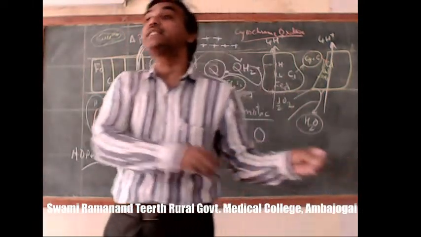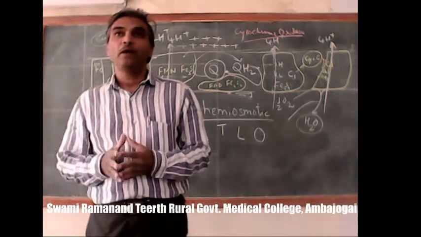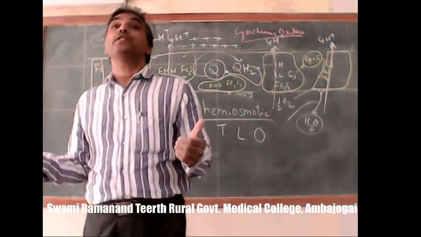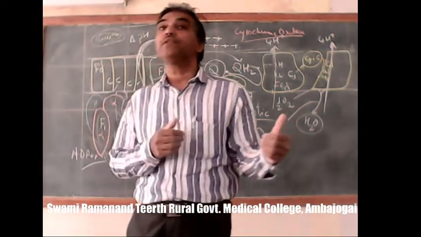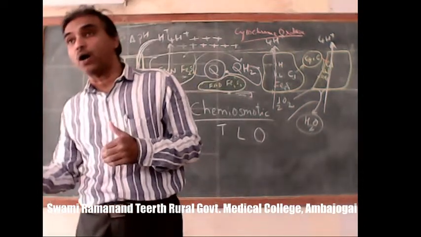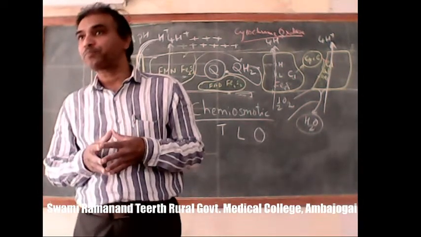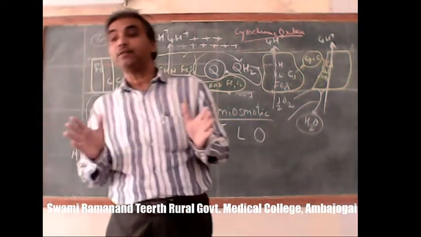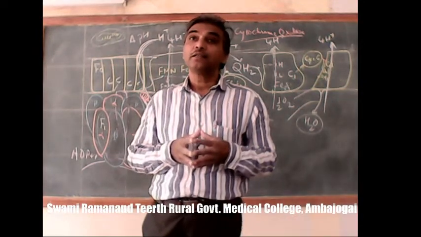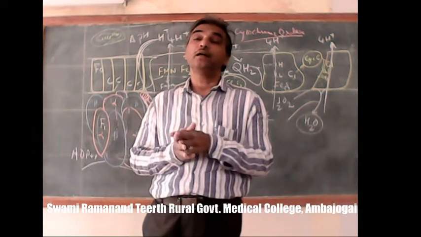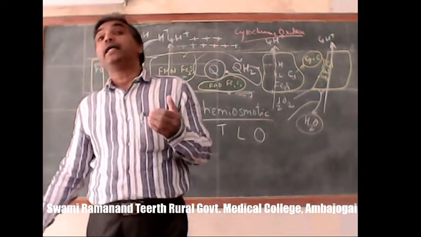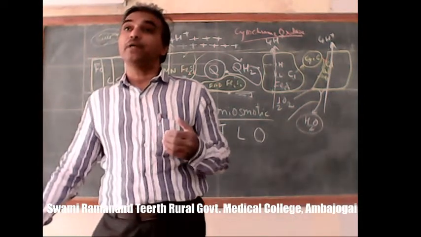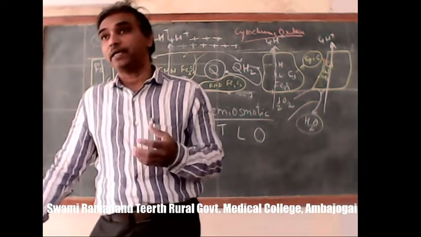So oxidation is coupled with the phosphorylation. Okay? This is how oxidation is coupled with phosphorylation. Oxidation does not go on by itself without phosphorylation, and phosphorylation cannot occur without oxidation. So oxidative phosphorylation is the process, as we can say comprehensively, where electrons are transported from donor to acceptor in electron transport chain